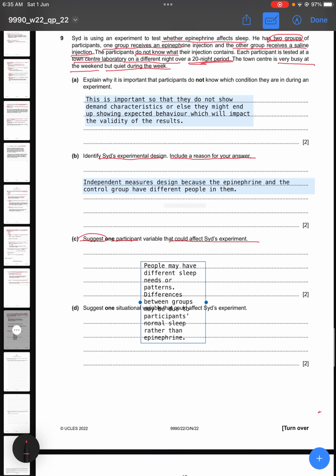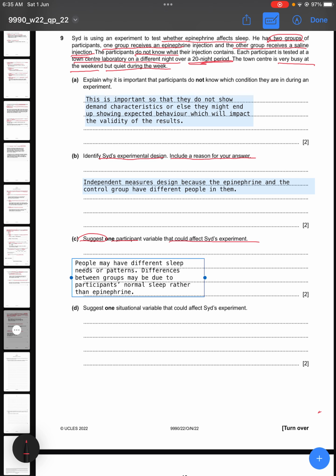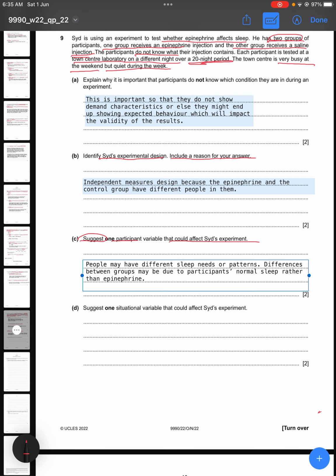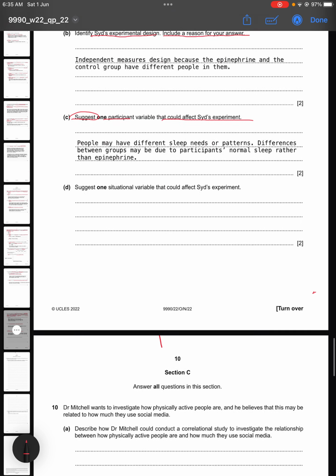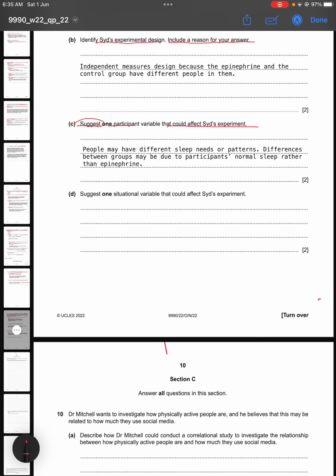So what the researcher might consider as an effect or side effect by epinephrine could have been a normal effect,